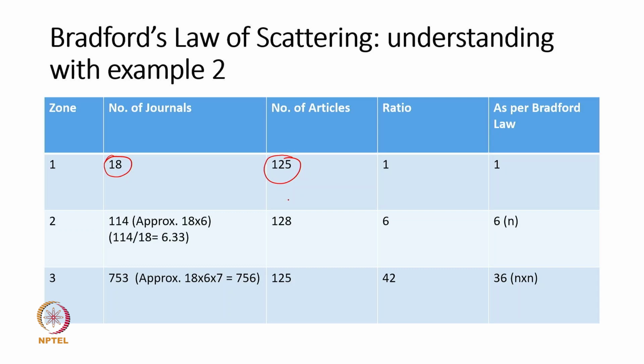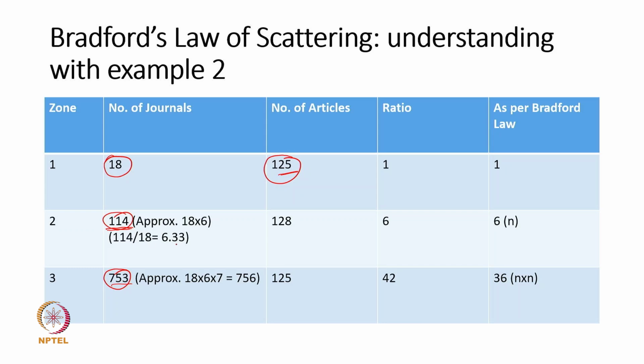To get approximately the same number of articles, approximately 125, we found that it is contained in 114 journals, and again approximately the same number of articles we found is contained in 753 journals. If you see the ideal relation, in the case of 114 journals,